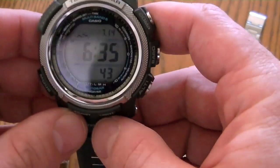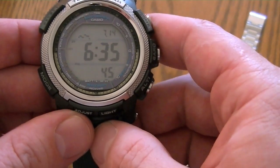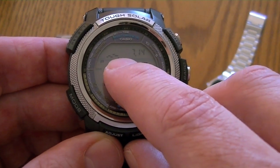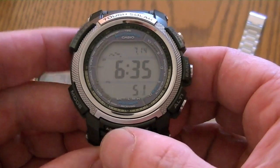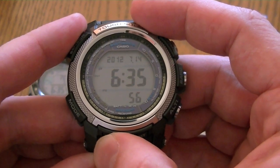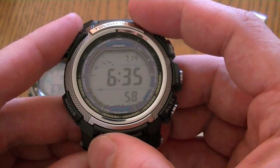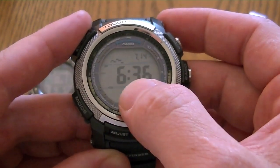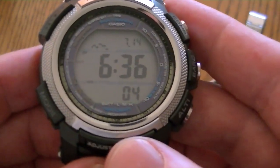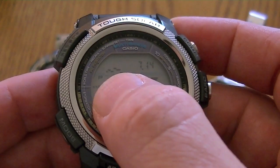Here's the home screen. Well, let's see, glare-free image here. So we got the barometric trend chart there at the top left, which can be cycled through either day of the week or year. I like to keep it on the trend chart. Then we got day, date, time, and seconds. Pretty simple home display. Looking a little closer, we've got P up there for PM,